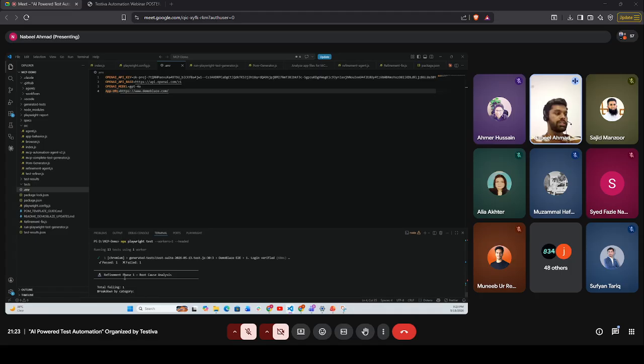So it will go through refinement phase one. Phase one is root cause analysis. When any of the test cases fail, it will focus on the root cause, why the test case is failing. So here it is trying to navigate to the test case that was failing. It was end-to-end framework test case number 2, homepage products. So it is working on fixing that. Now it is executing all the test cases again after fixing.